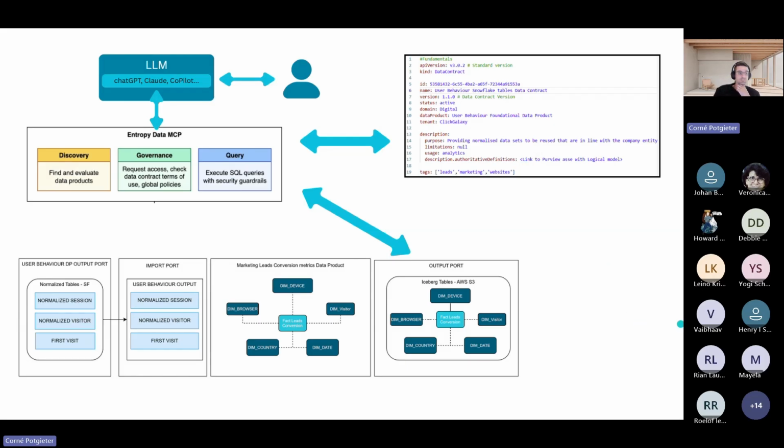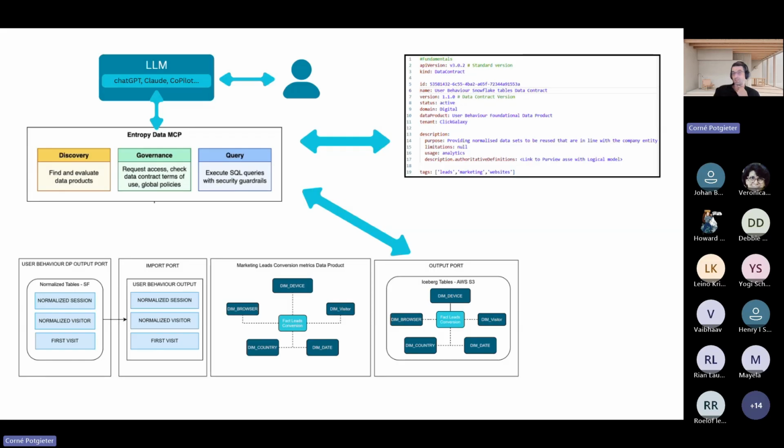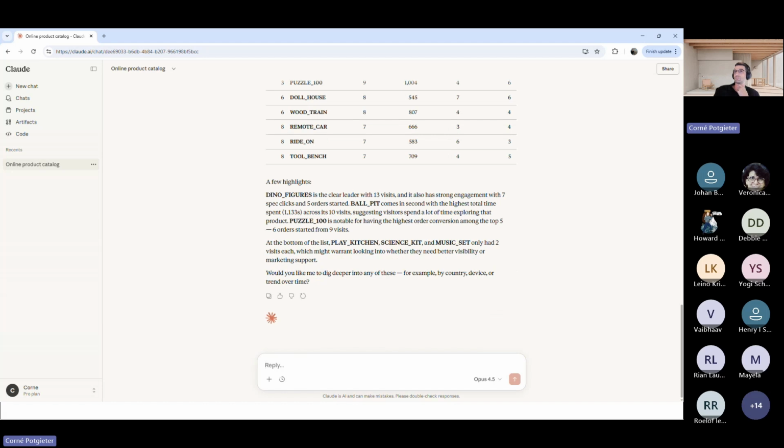So maybe just as a last few moments, what I wanted to show was I'm going to drop my access on another screen. I'm just going to quickly remove my access. So this is for me quite a nice illustration of how it can become useful.